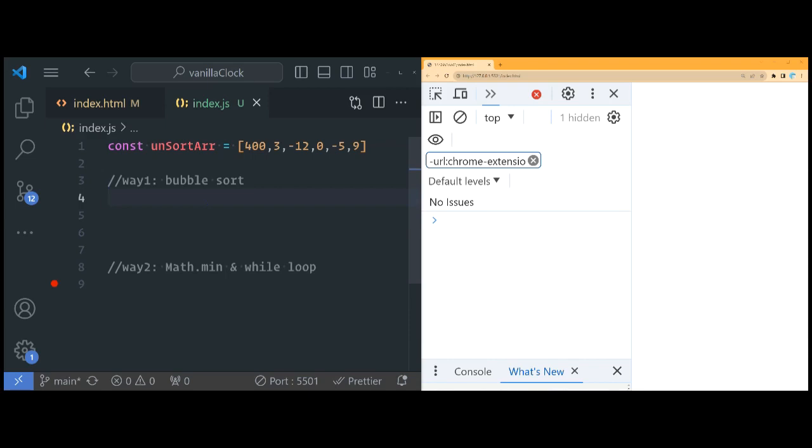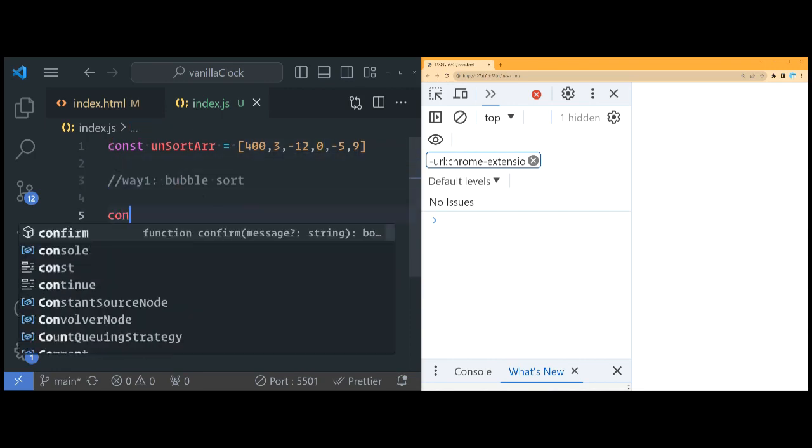All right, guys, we're going to go over a frequently asked JavaScript interview question: how to sort an array two ways, with one way being a bubble sort. Okay, let's do this. Let's do const